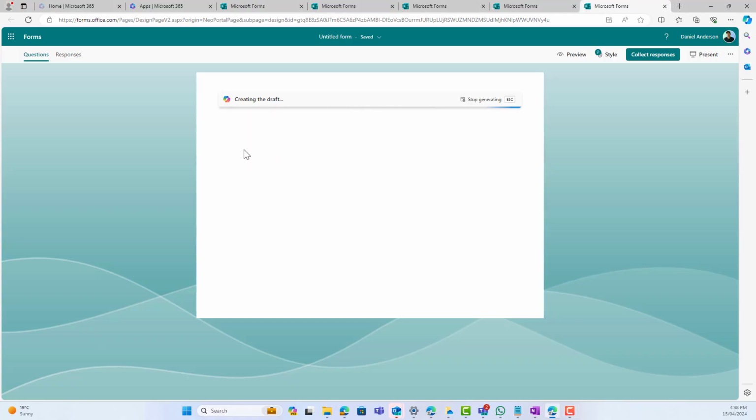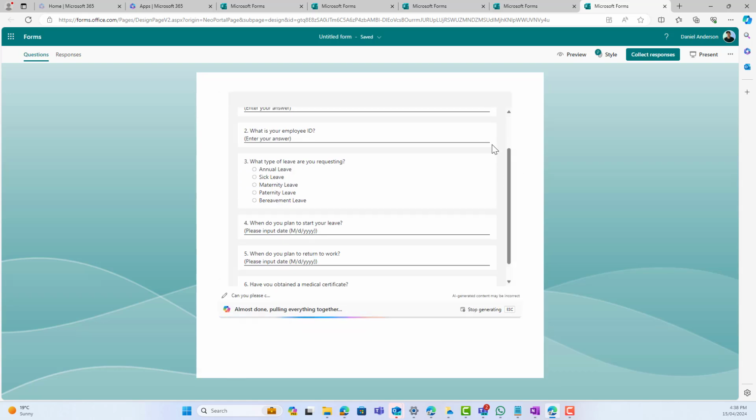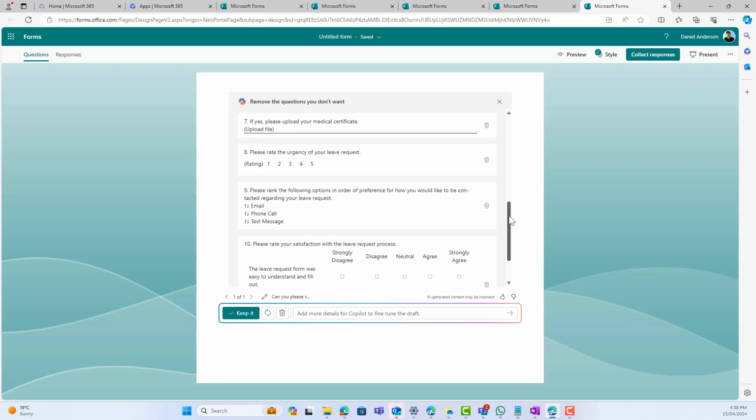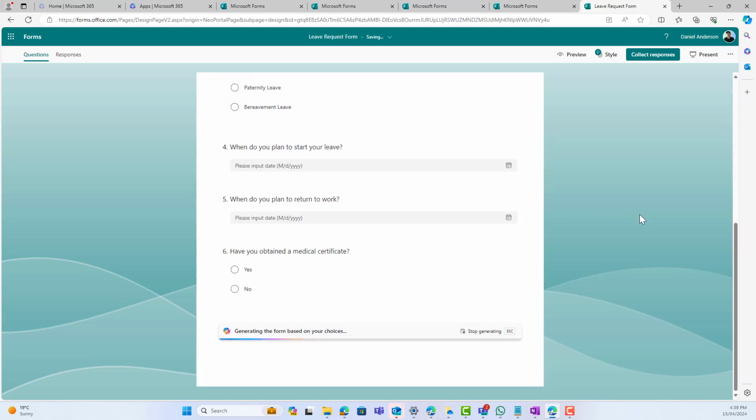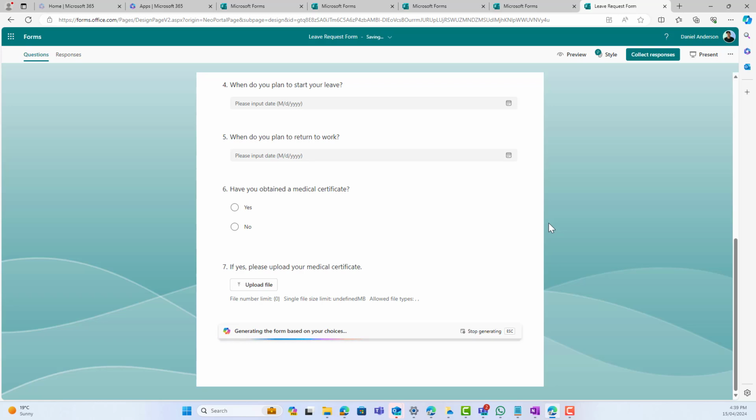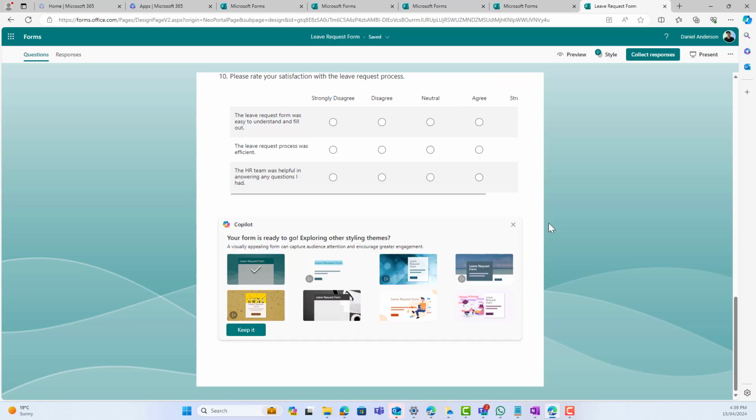Now Copilot for Microsoft Forms is here, and if you are somebody that is creating forms or needs to create forms, this is something that is going to save you a ton of time, being able to use Copilot to dynamically generate your forms for you. Let's have a look and see how much time it's going to save you and how you can actually start